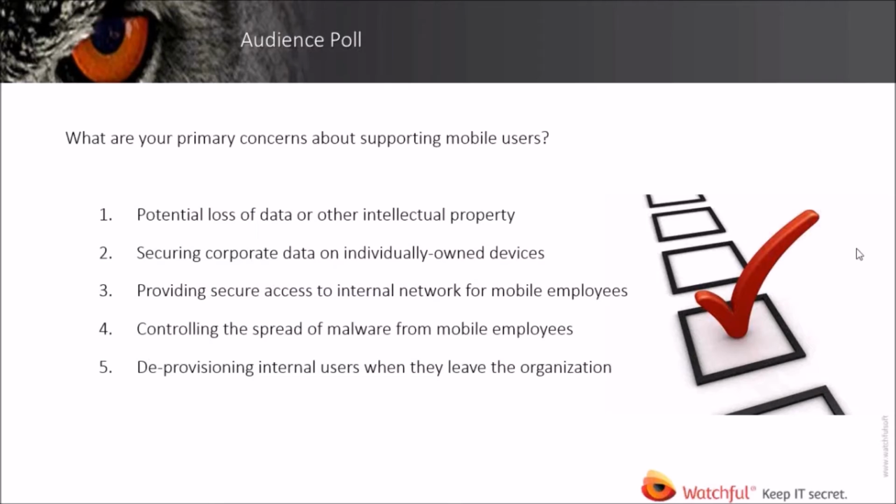Malware is a risk, but it's really the loss of data that should be a much higher concern. Malware generally, if it's targeting Android, will not spread to iOS and will not move to Windows or Mac OS machines. They could be a portal into corporate data, but again, that's really the control of loss of data. And then deprovisioning is generally pretty easily done, just shutting down email if you want, or using MDM if you haven't. So really the short answer is number one.